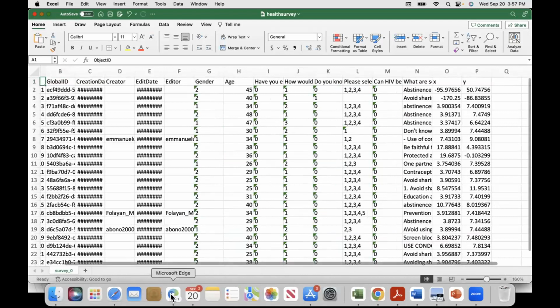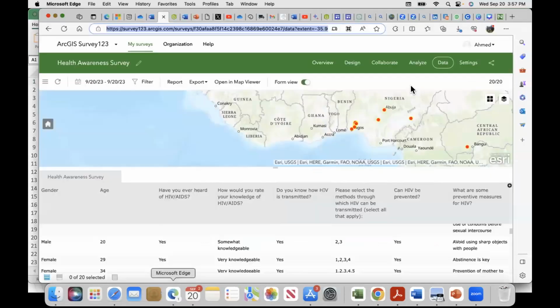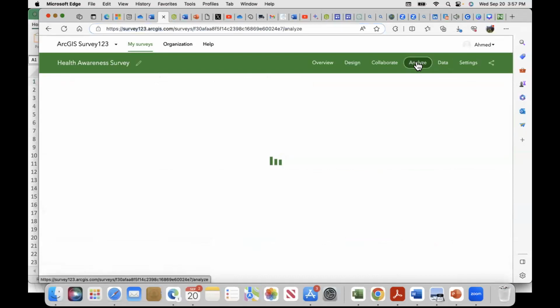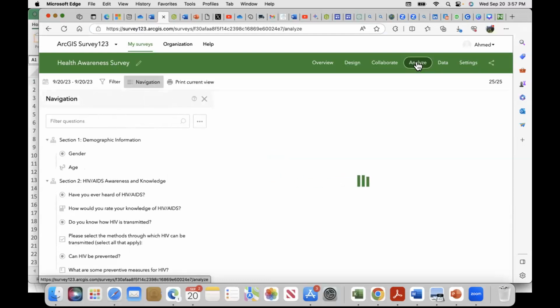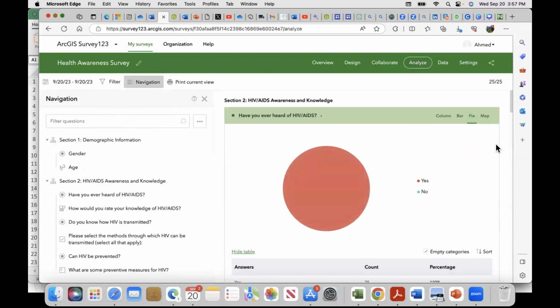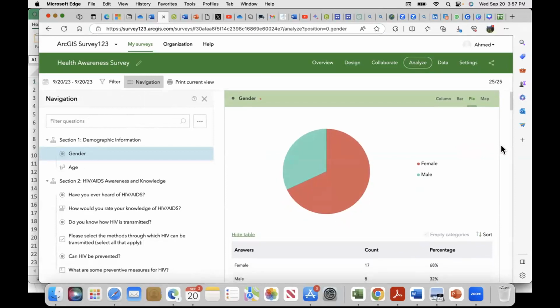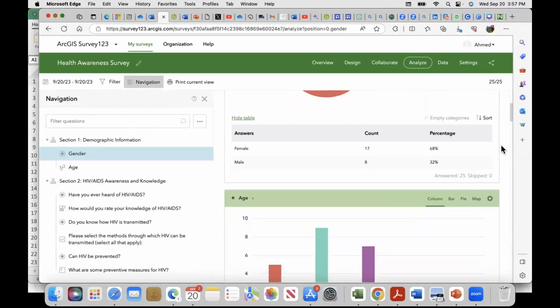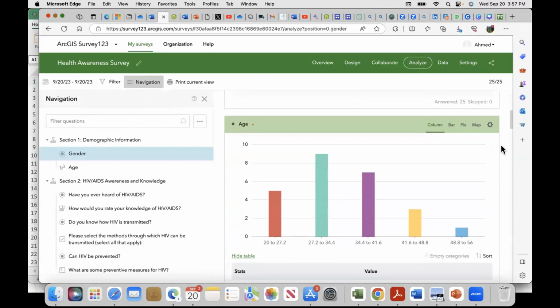Okay, so I can also go to the Analyze tab, just like we have in Google. So you can see it now. You can see gender. You can see the age range. You can see it has grouped it by itself.